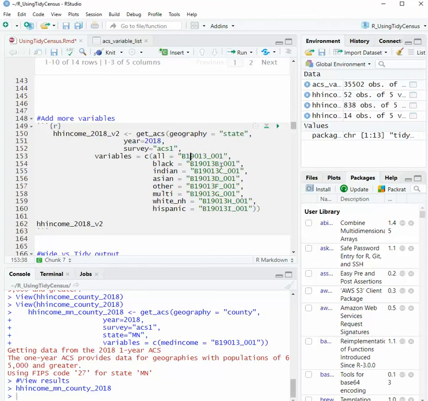But you'll see that there's B19013B, which is for African American or Black people. And then there's Native American, Asian, other, multiracial. And then there's some tables that just take white non-Hispanics, and then another for Hispanic. And so I'm pulling from all of those different tables, but I'm going to put it together in one data